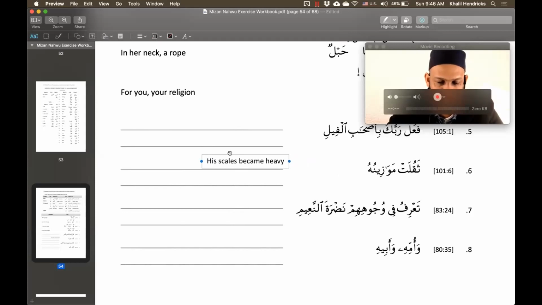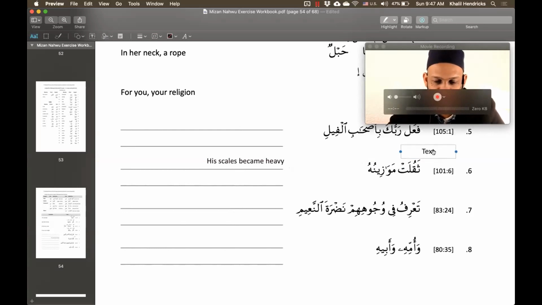There's a fa'il. What is thaqulat? Okay, good. Now where's the fa'il? Thaqulat. Okay, just try it again, because thaqulat means to become heavy or became heavy, so it's like fa'alat. Did you ask what is the fa'il? You can just give me the parts. What is thaqulat? What is that?